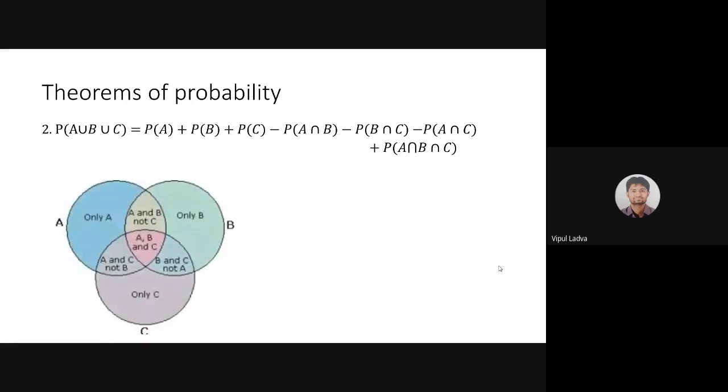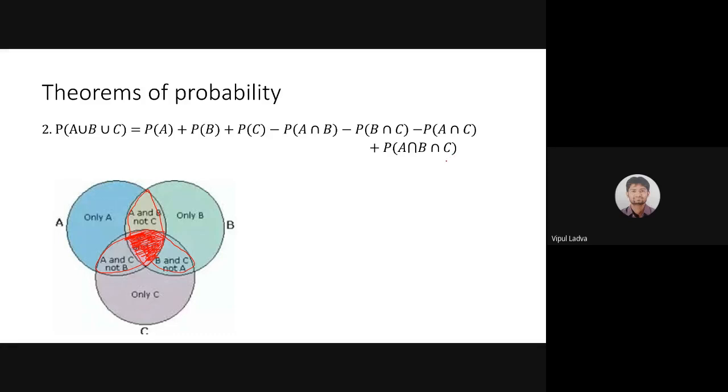Why am I adding that last term, P of A intersection B intersection C? Because when I'm subtracting these three parts, A intersection B, A intersection C, and B intersection C, from the set, the whole central portion gets removed. अगर मैं इन तीनों को subtract कर दूं तो ये जो पूरा portion है ना वो निकल जाएगा. All this portion will not be there, so I need to add that. Is it? So that is the reason the probability of A intersection B intersection C is added.